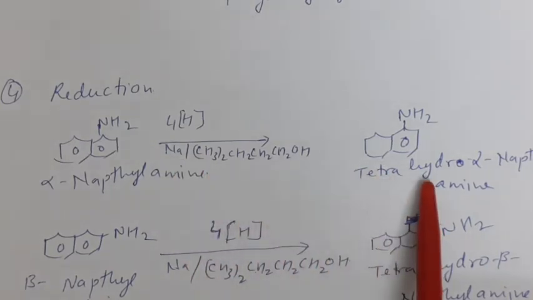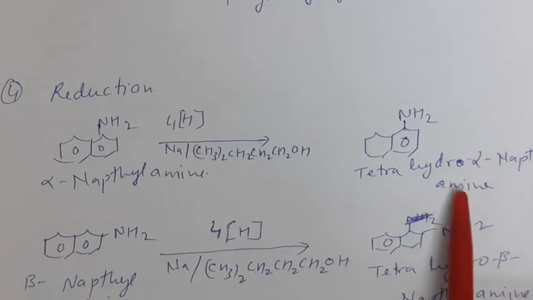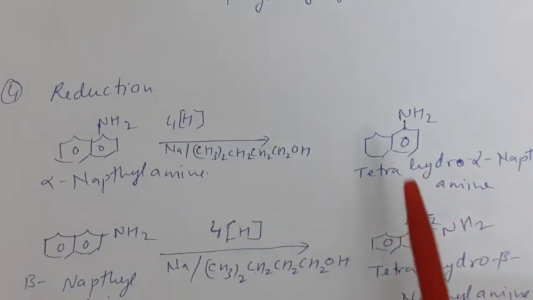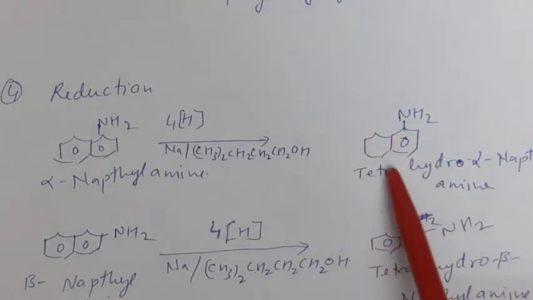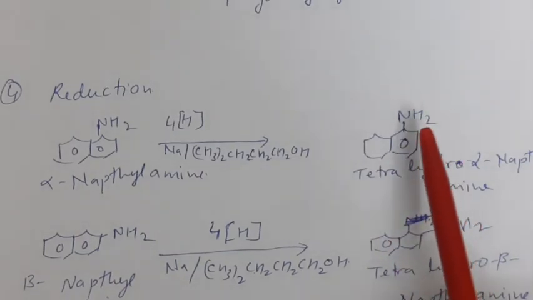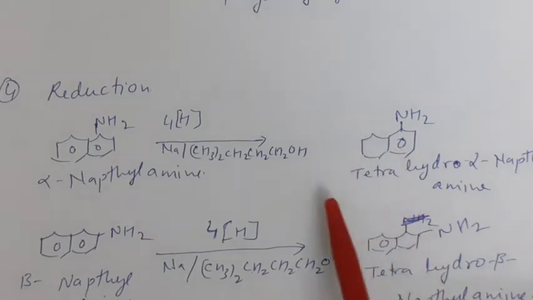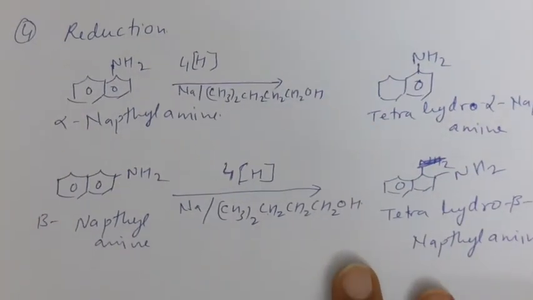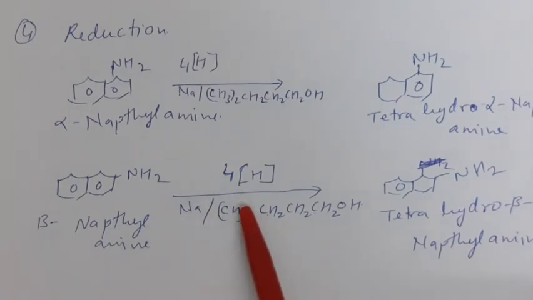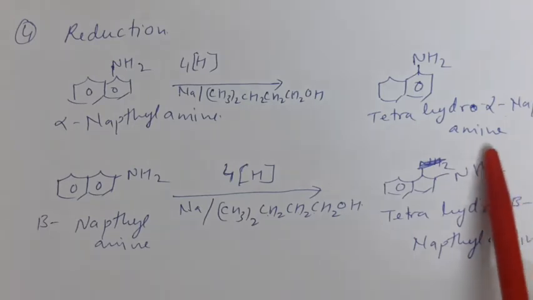We get the tetrahydro alpha naphthylamine. In this, the ring which is near to the ring on which the NH2 group is present is reduced, and we get tetrahydro alpha naphthylamine. But in beta naphthylamine, if we reduce it, then we get the tetrahydro naphthylamine, and in this the ring reduced